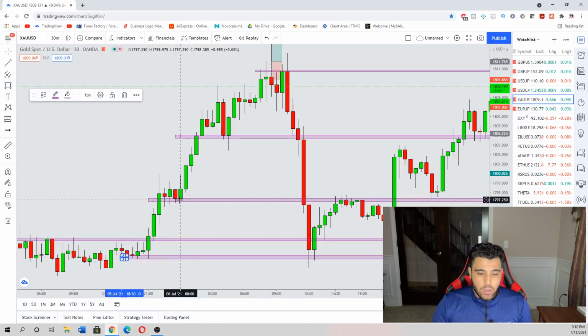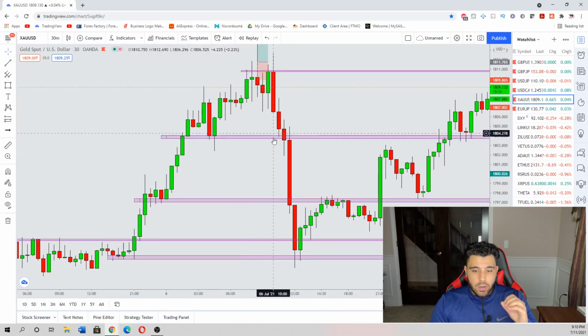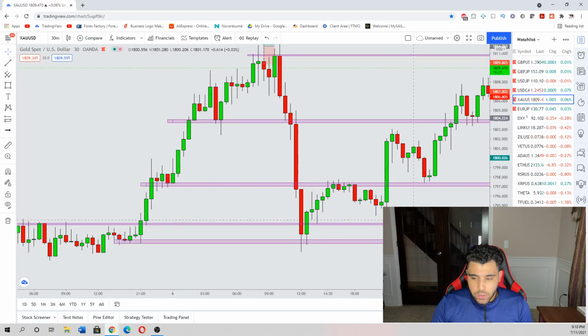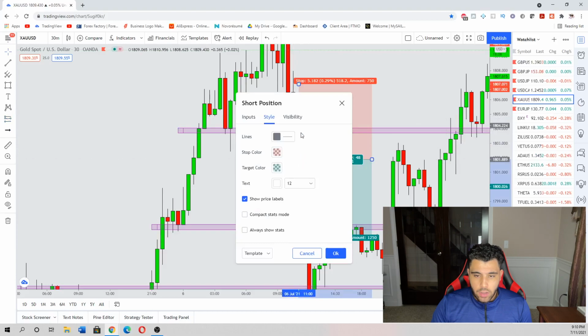You could have closed 50% of your position right here and let the rest run down to the next level of support. So again, what happened? Price broke this level of support, came down, blew right past this level of support, and then tested this third level of support down here. So again, after you see this candle close, you wait for the top wick, and then as soon as price breaks the low,